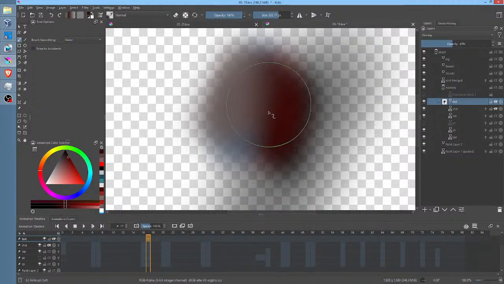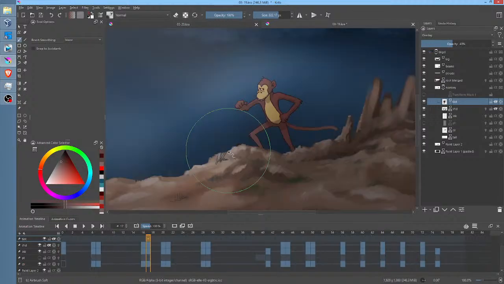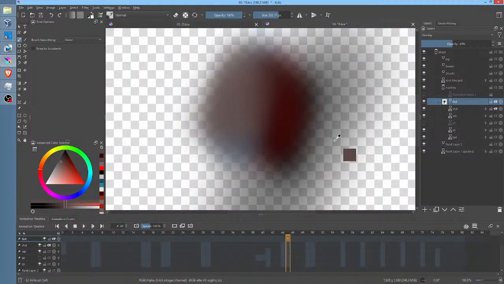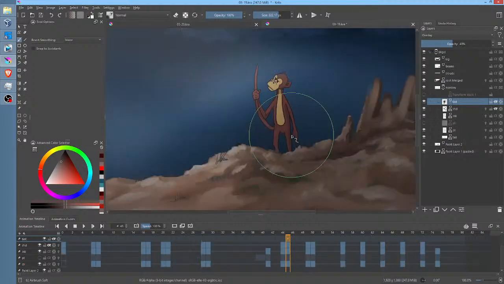I still want the contrast, but it's just too much. That's better. Now we're getting somewhere. And I am actually going to redo what I did before. I'm going to hit Control F and blur it again. Yep. Okay.